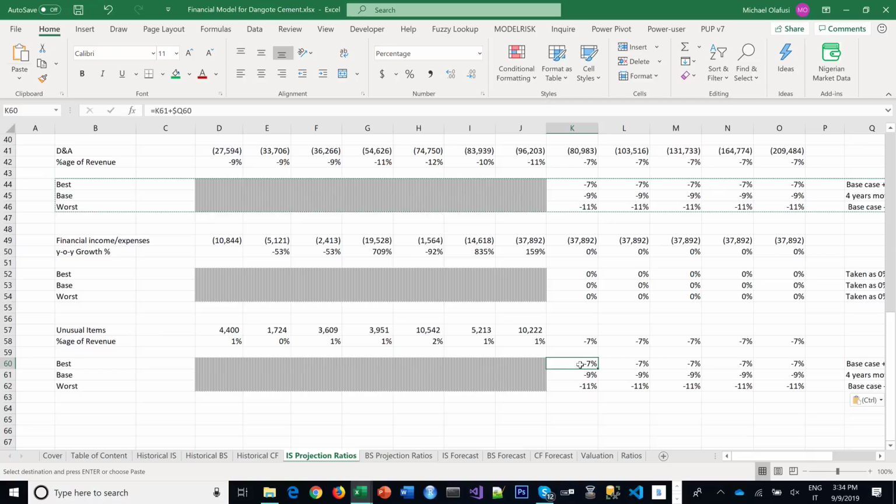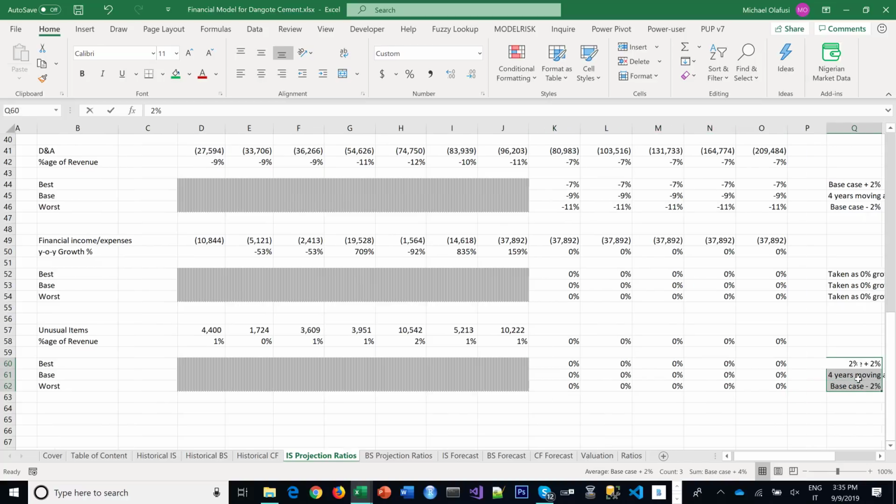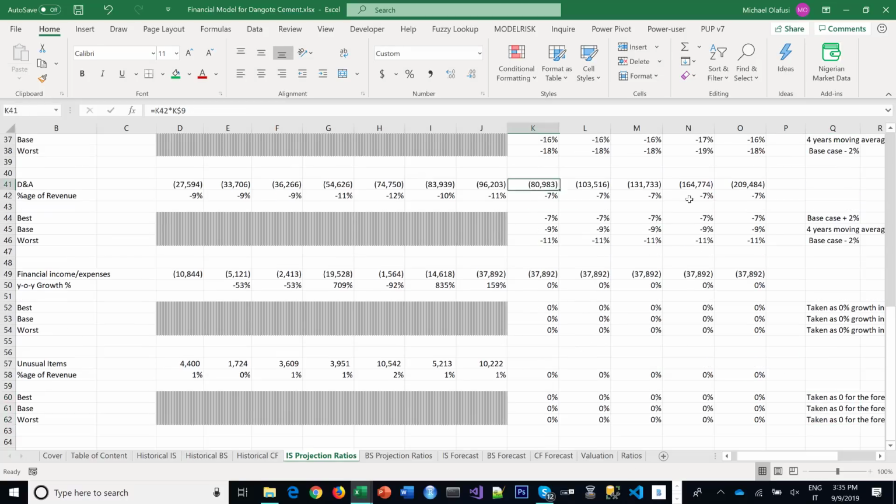Now if I do not know what will happen in the future, then like I did for financial expenses, I'll keep them as 0 for the forecast. Yes, and I can go pick the kind of formula we use whenever it's percentage of revenue. Let me just verify if it's doing it properly. Yes. Okay, so this is done,